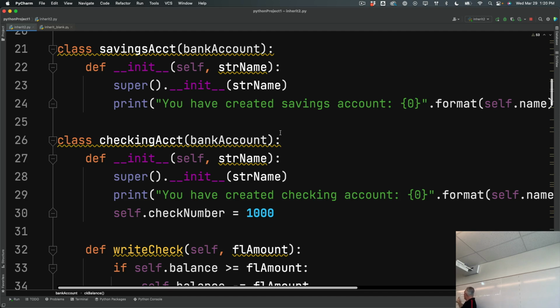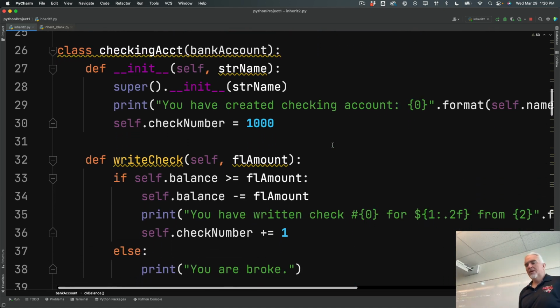And I don't have to create self.name or do the balance, because the initialization of the superclass does that. Okay, now checking account, very similar. Again, calling the superclass initialization and passing it str name, giving the feedback, and then I'm creating